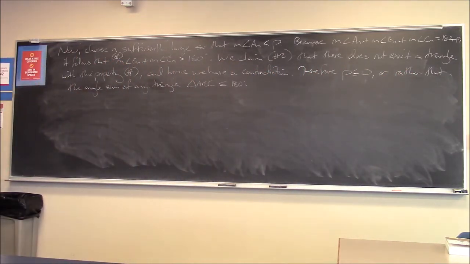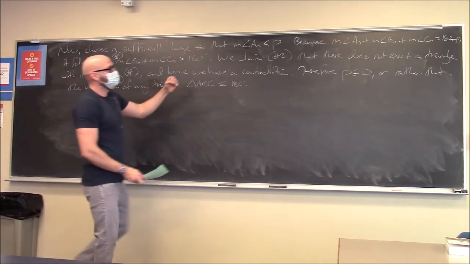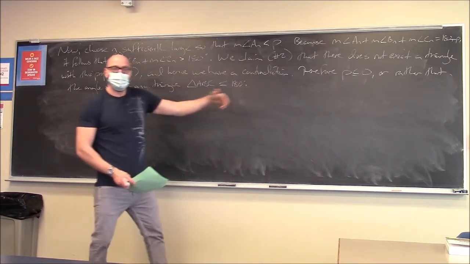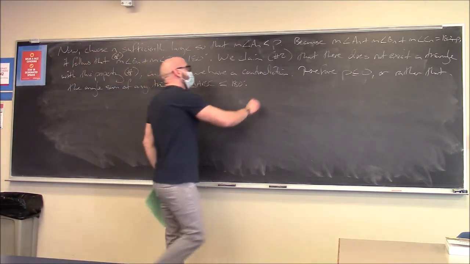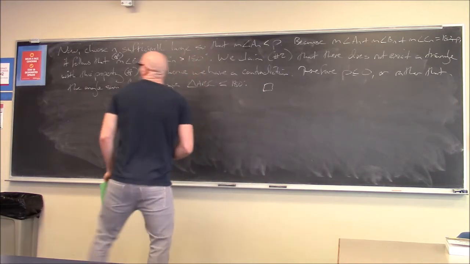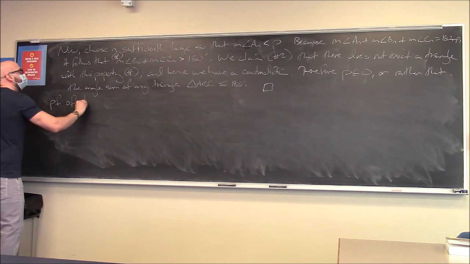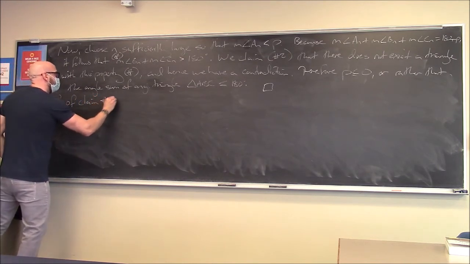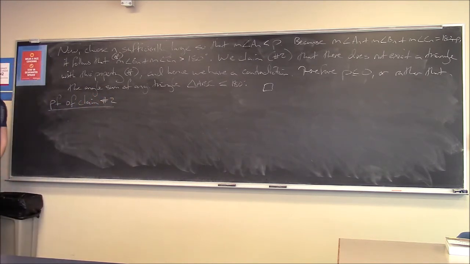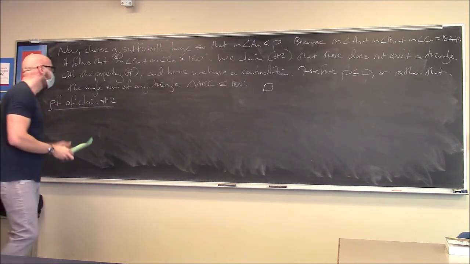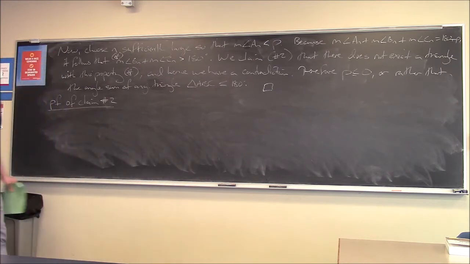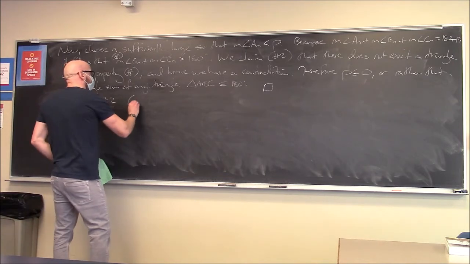So I've opted to write the proof in this way to give you a skeleton of what we're doing. This is why this works, but now we have to fill in two more details. These are these individual claims we made, right? Claim 1 and claim 2. But if we accept that they're true, then the proof is done. So proof of claim, we're going to go out of order here. We're going to do number 2 because it's the easier one. Proof of claim number 2. And again, this follows pretty much immediately from the external angle theorem.